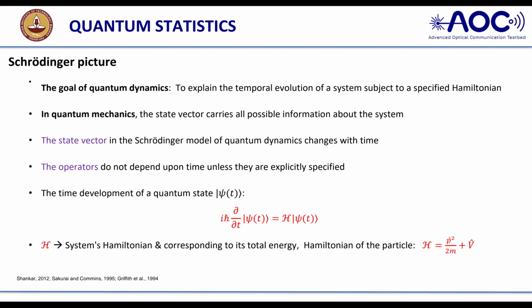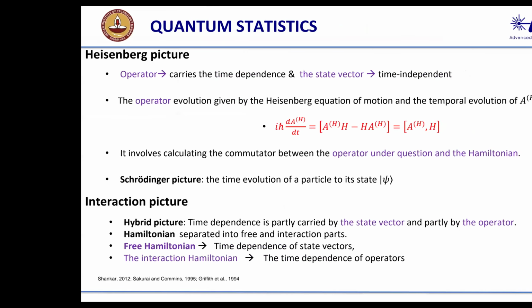So you can see once more the time development of the quantum state, i h bar dou by dou t, and the wave function contains my information. Here the operator is H that contains my total energy. You can see that here H equals p operator squared by 2m, which is the kinetic energy, plus the V operator, which has my position information, acting on psi t, and it will give me the eigen energy value, that will be the energy of the system.